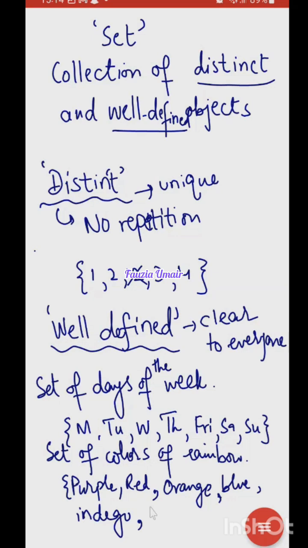Green and yellow. Yes, yellow. I'm not sure they are correct or not, but I'm writing it. So these are the 7 colors of the rainbow. Okay, so the same is the case if I write down, for example,